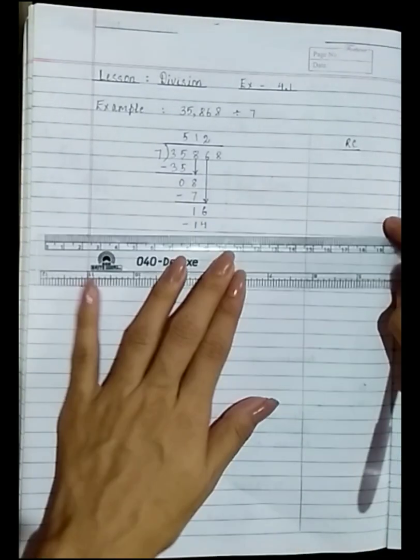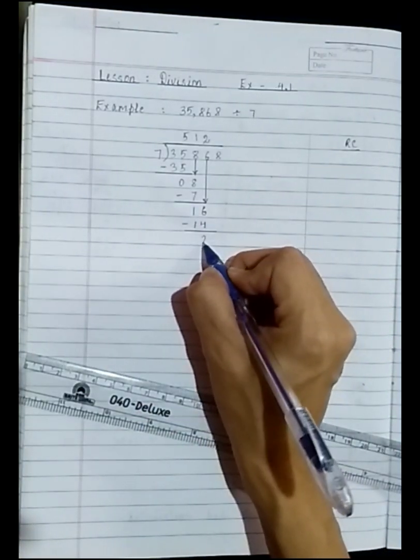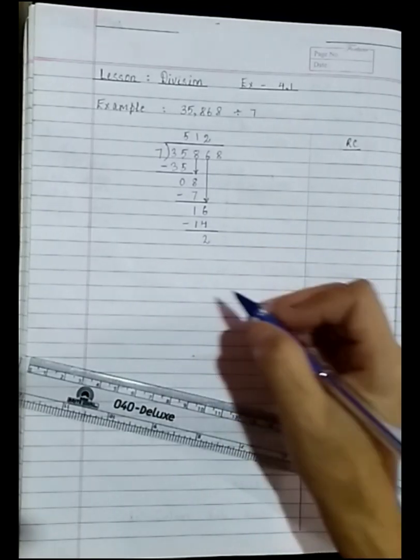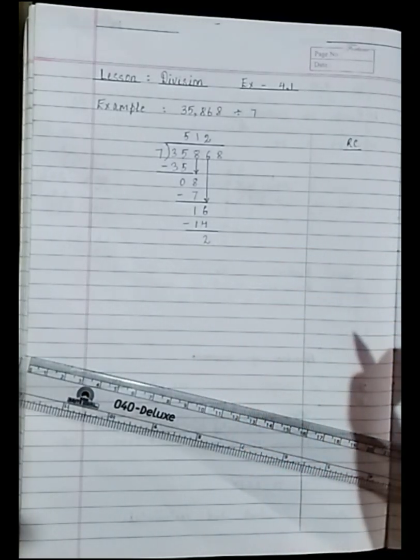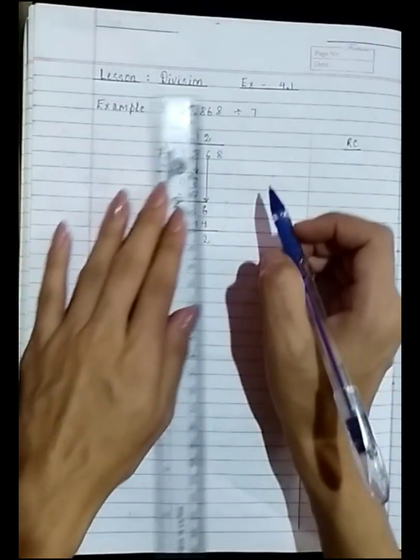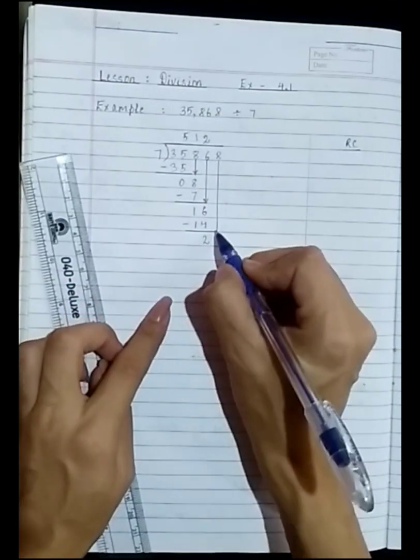Subtract 14 from 16. 6 minus 4 is 2. 1 minus 1 is 0. So we don't need to write 0 before number because 0 is nothing. And in the next step, take down 8, which is in the ones place, and right next to 2,